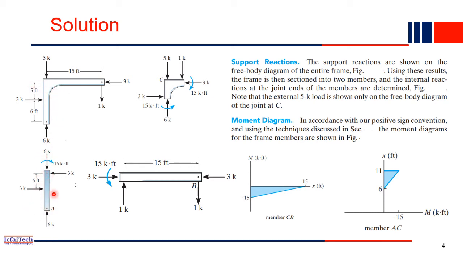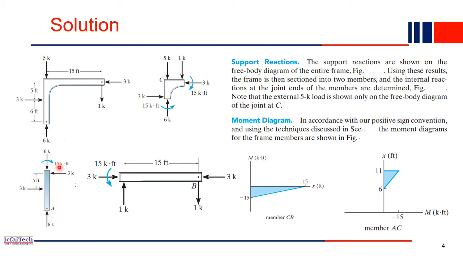So let's draw the free body diagram of this column. This is the column, and this 6 kilonewton is acting upward, right? So this 6 kilonewton is acting here, and then we have this horizontal force 3K acting. We have taken a cut here, so there is no other force, only 2 forces acting, 6K, which is the reaction, and the other is the applied force. So these 2 we have written. Now the remaining 3 will be, because here we made a cut, that means we have exposed the internal forces. What are the internal forces? One horizontal force, one vertical force, and a moment. So these 3 are exposed, and we have to write the values also.